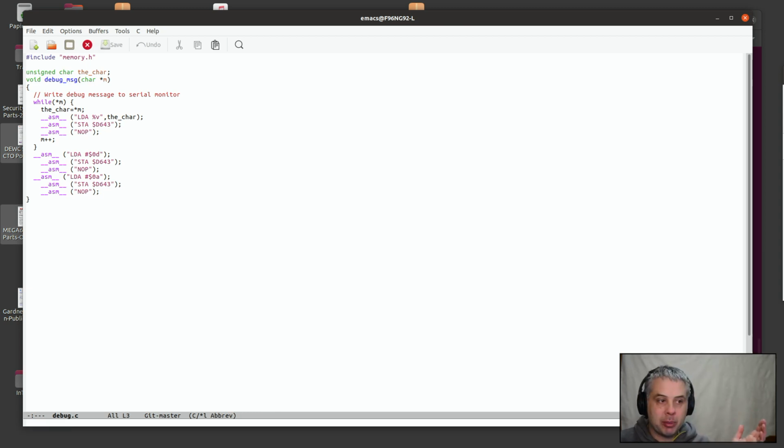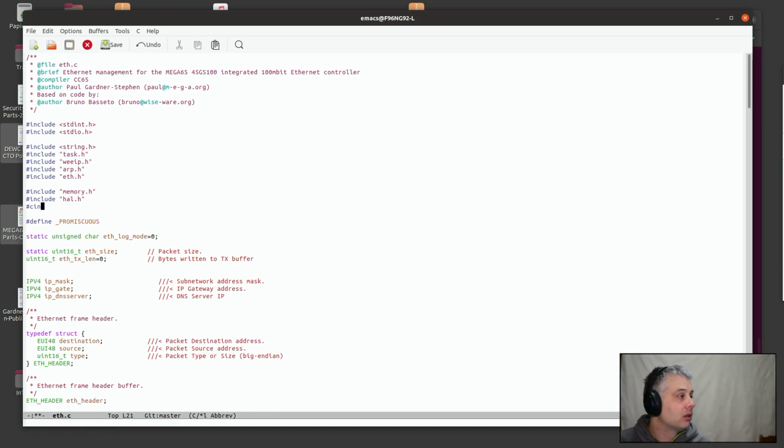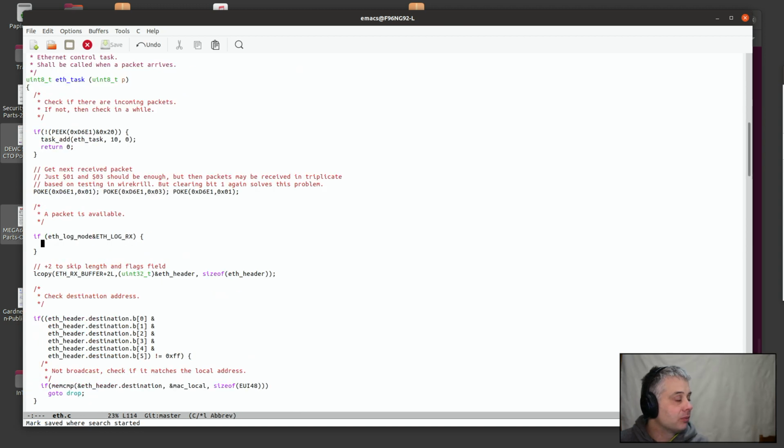So we can actually just format up a string and chuff it straight out to the serial monitor interface. Debug.h, ETH log mode. Okay. Debug message. Now, timestamps would be lovely to have in a really sophisticated manner here. We do have a real-time clock on the MEGA65, so we could put that in as well for good measure. Maybe I will, as long as we don't run out of